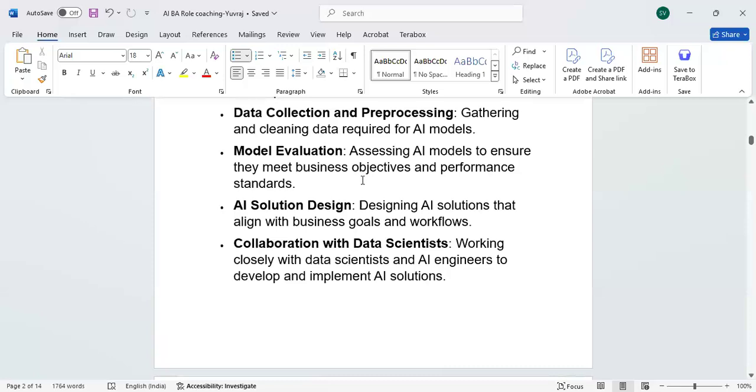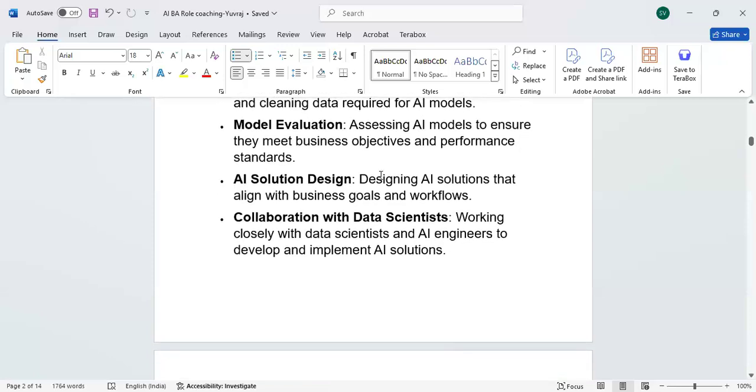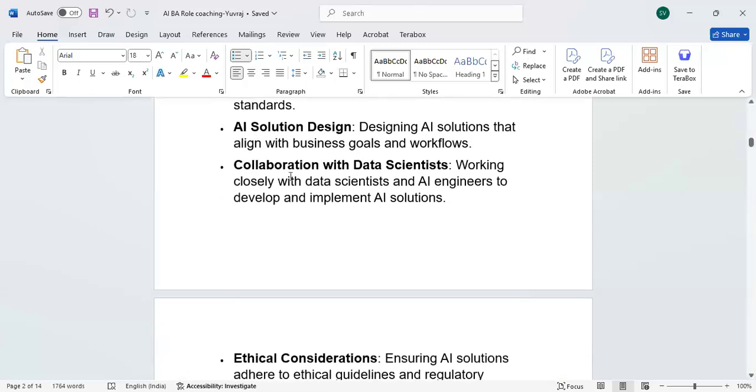ML terminologies are different. AI solution design is there. Next one: designing AI solutions that align with business goals and workflows. These are just like your requirements in the traditional model, but machine learning wise, the solution design will happen that way, and that is going to be used. Then collaboration with the data scientist: working closely with the data scientists and AI engineers to develop and implement AI solutions.